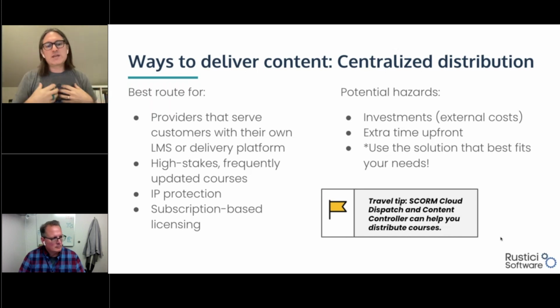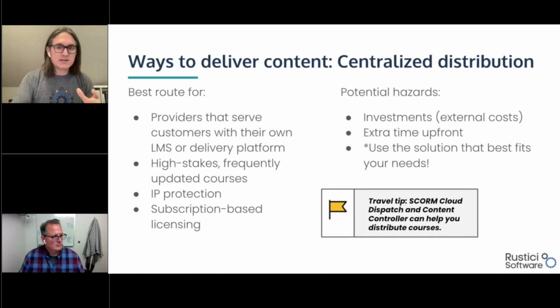And then the thing that we get most excited about when it comes to centralization distribution is introducing a recurring revenue model. We love recurring revenue. It is how we've built our business, and we want our customers to experience the same benefit of establishing a recurring revenue model.